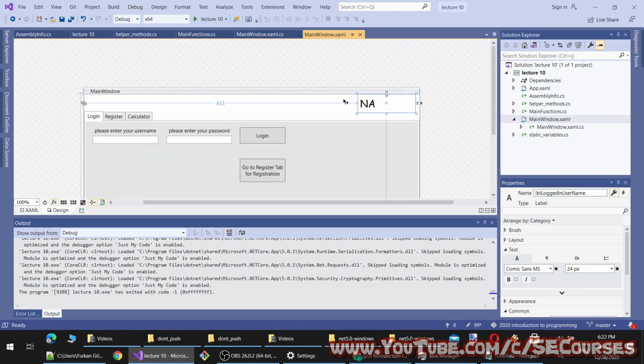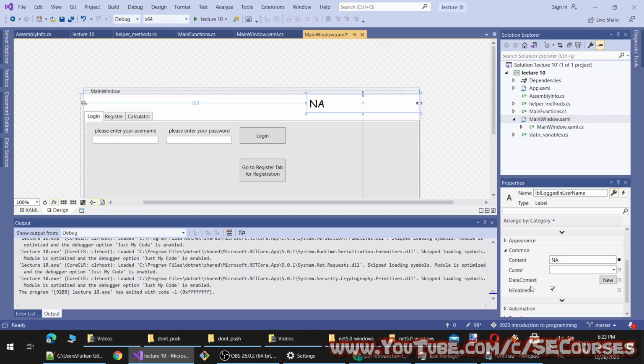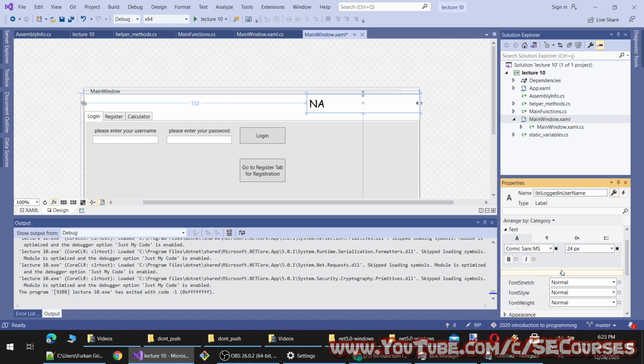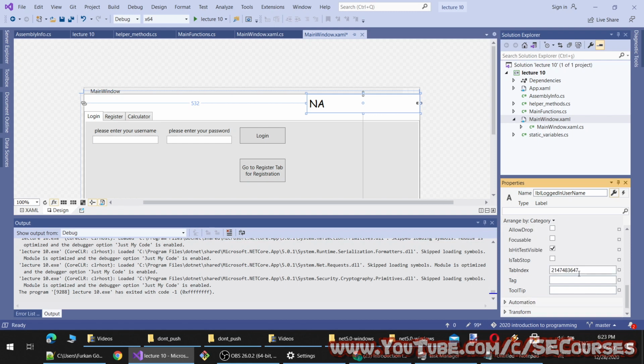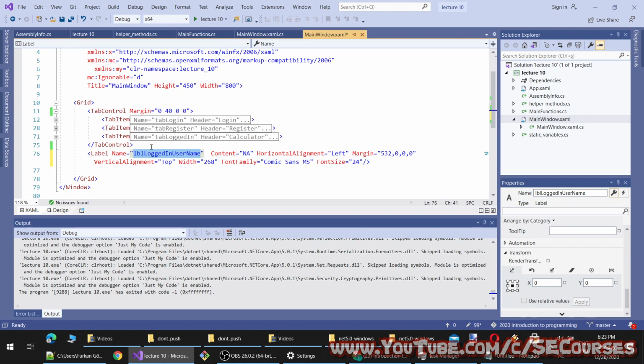Therefore, I am going to move this here, make it like this, and let's make it text align centered. Okay, maybe we can make it from here.